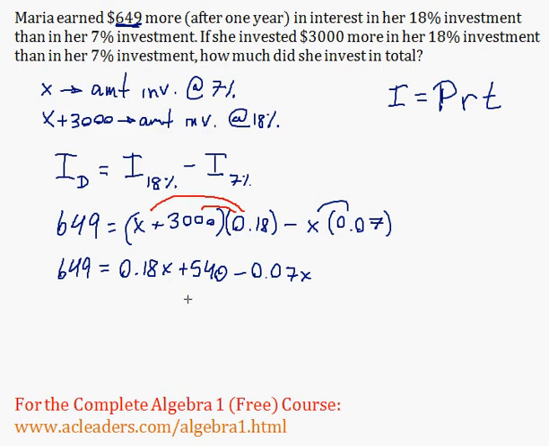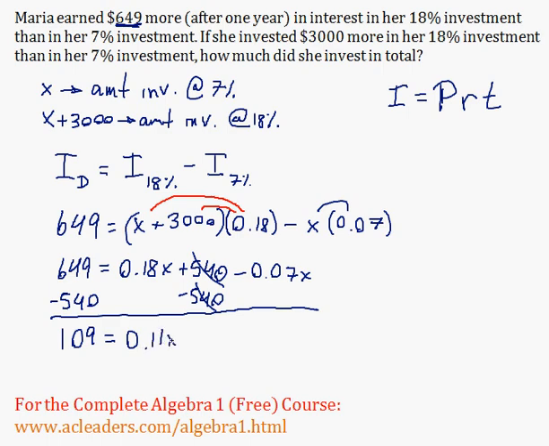Now I can subtract 540 from both sides of the equation. So these guys cancel out. 649 minus 540 is 109. And 0.18x minus 0.07x is just 0.11x. At this point, I can divide both sides by 0.11. These guys go away, and x is going to be equal to